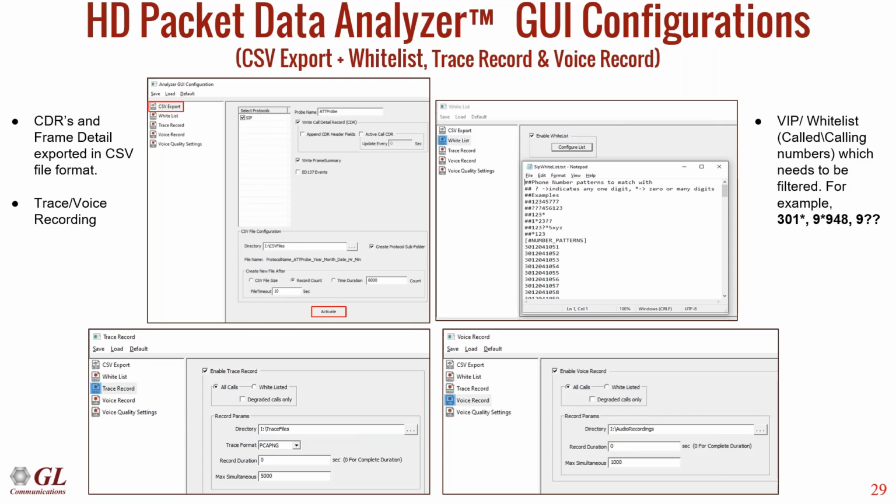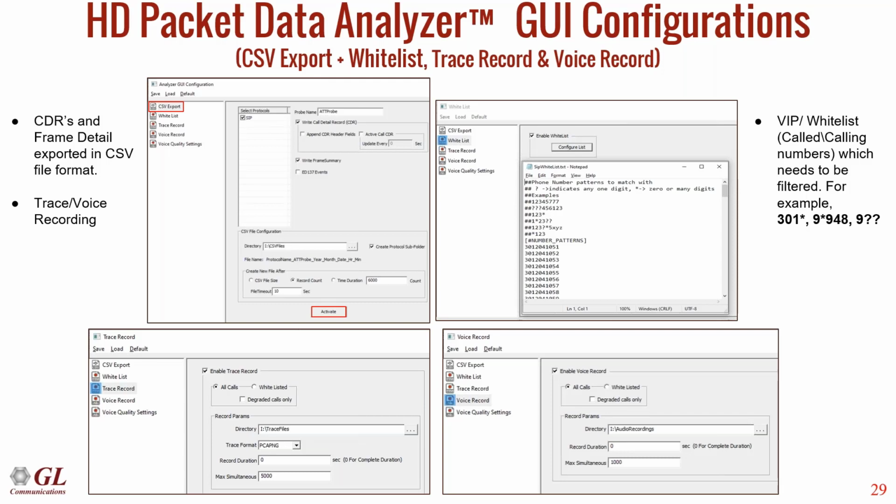The user can configure these VIP numbers or whitelist for which we want to record this traffic or take the entire call trace. To specify this, we support wildcards, so the user can specify the